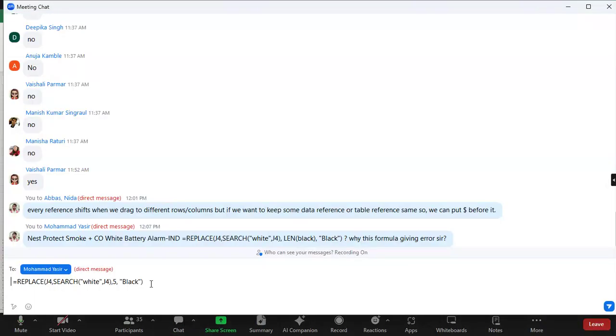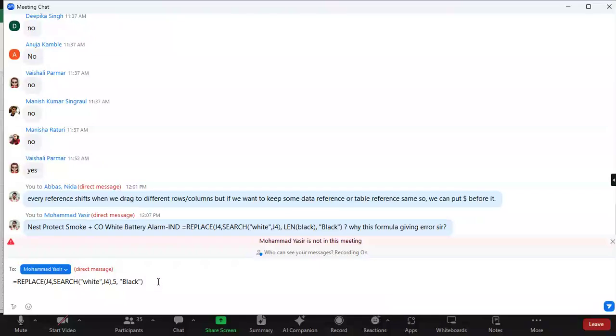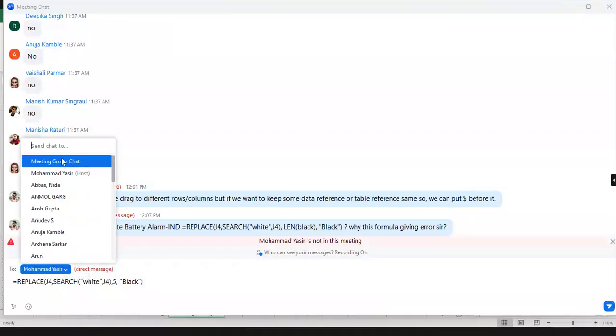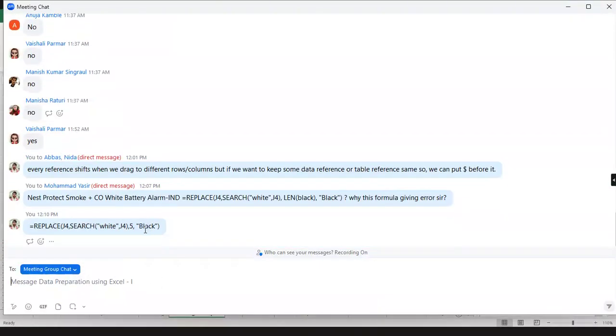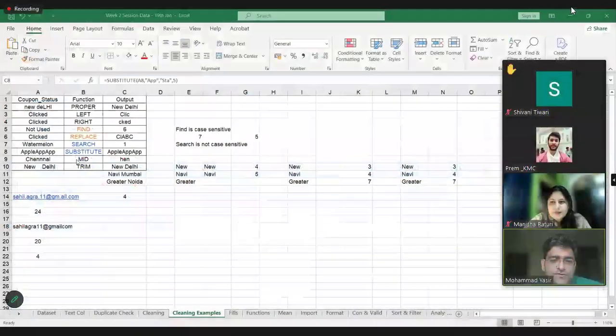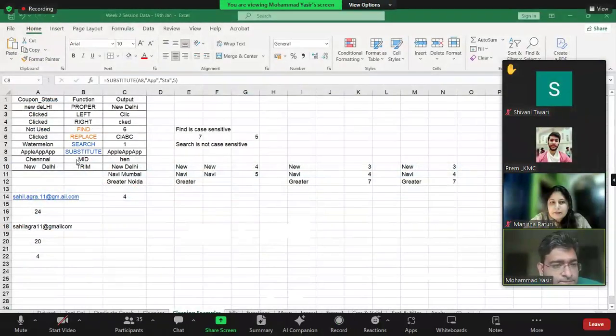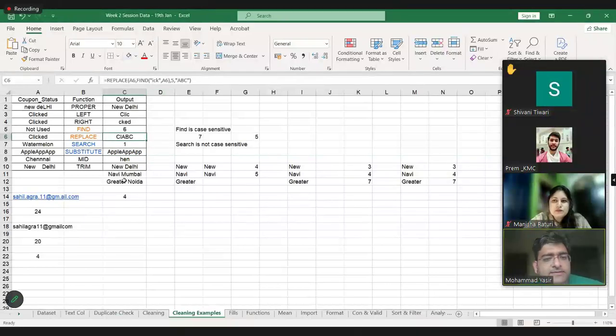Why might that have happened? You might have used the length function incorrectly. We'll try to do it when we discuss the other two. Yeah, in place of 5, when I put length of black, then it didn't work. Did you use len? Yeah, len. Okay, we'll see. So here, okay, let me complete, then we'll do it.